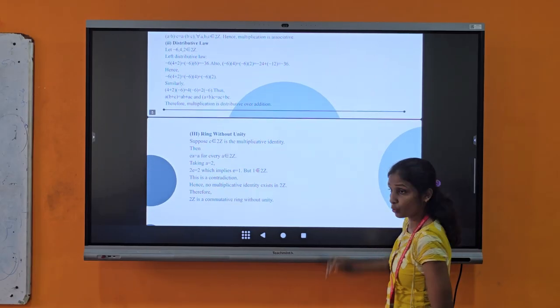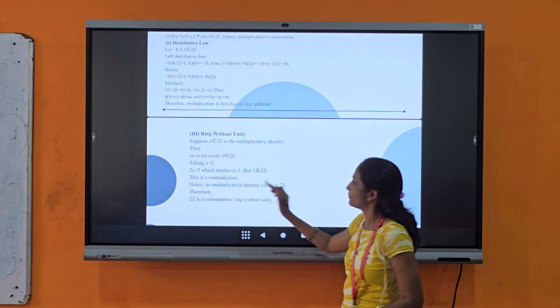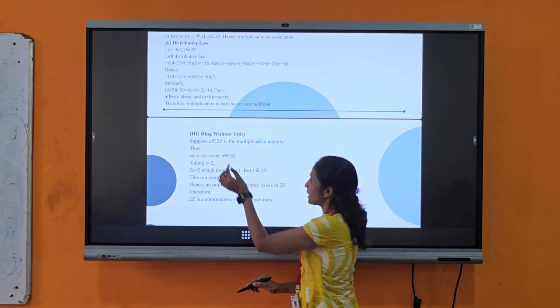And third, we have to show that it is a ring without unit. Suppose E is identical